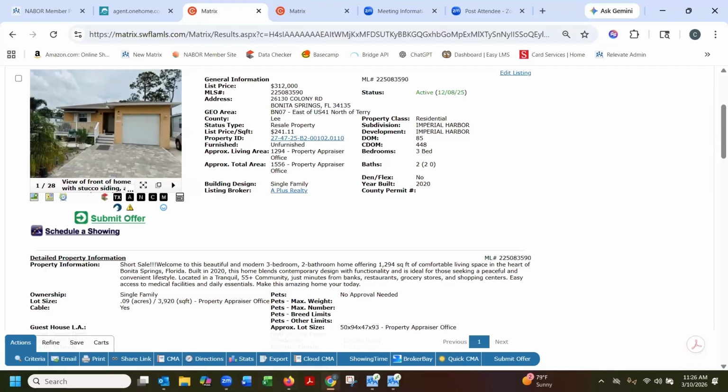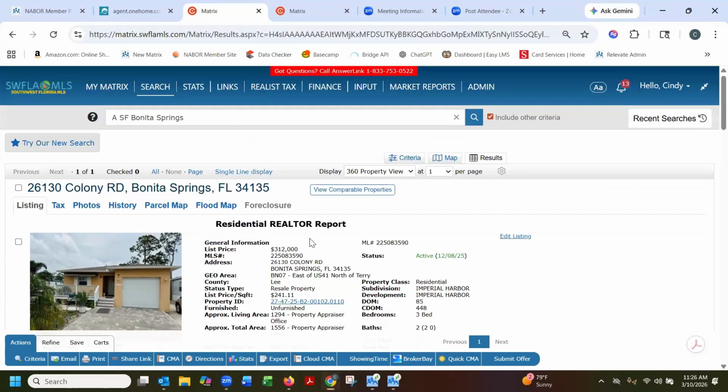This is my agent format. And if I want to schedule showings, I could do all that. But that's not helpful if you're trying to help the client look through them and you want to see exactly what they're seeing. So the best advice I can give you is go back to your dashboard